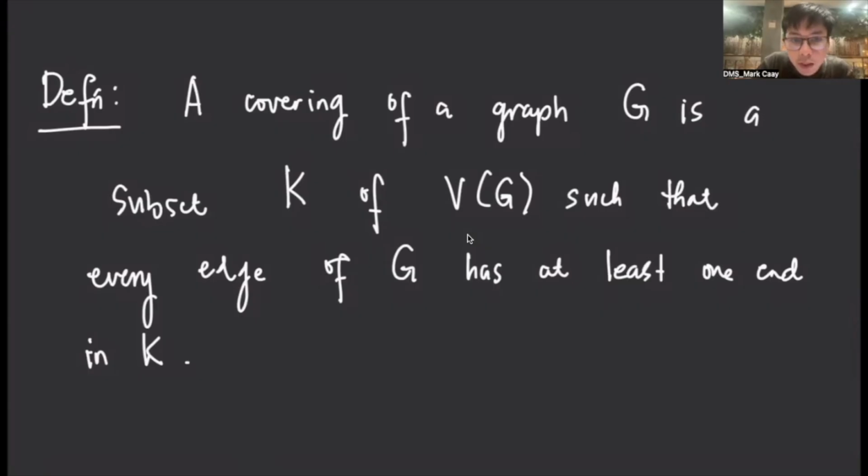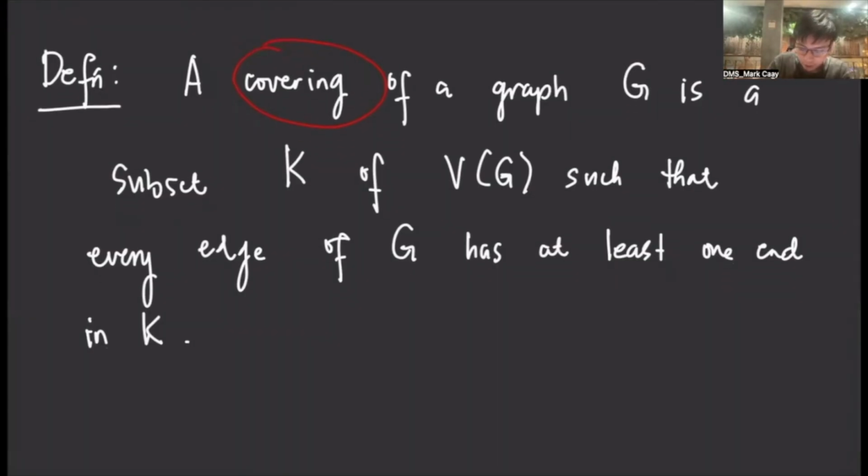Okay, so what do we mean when we say covering of a graph? It says here that a covering of a graph G is a subset K of vertices of G such that every edge of G has at least one end in K. So, sa madaling salita, ang cover daw is, let's say, I have a K cover, which is a subset of the vertex set of G such that